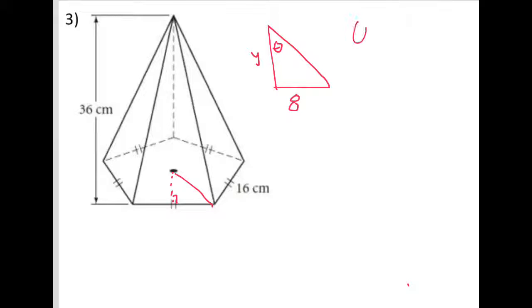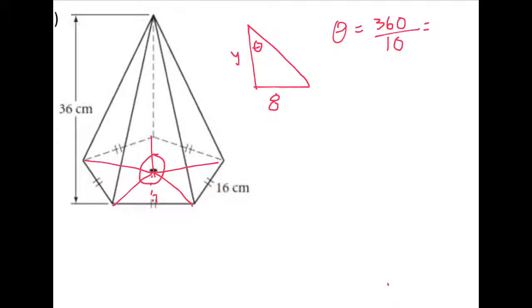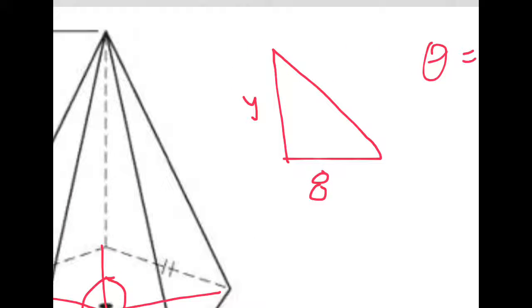What will theta be? Well, theta is going to be the full circle there, which is 360, divided by the number of triangles we would be splitting this up into, which, if you look at the big triangles, would be 5 because it's a pentagon, but we're splitting that in half again, so let's just divide it by 10. So we get 360 over 10 is 36, and so this angle in here we know will be 36 degrees